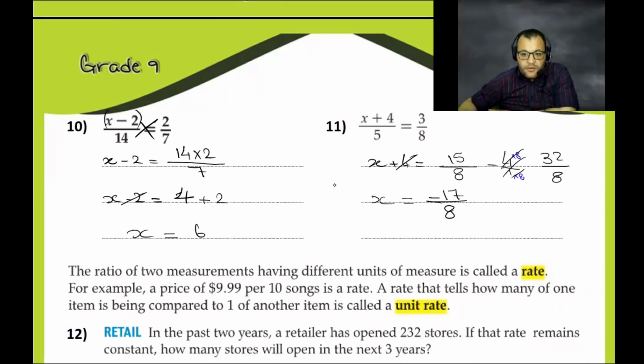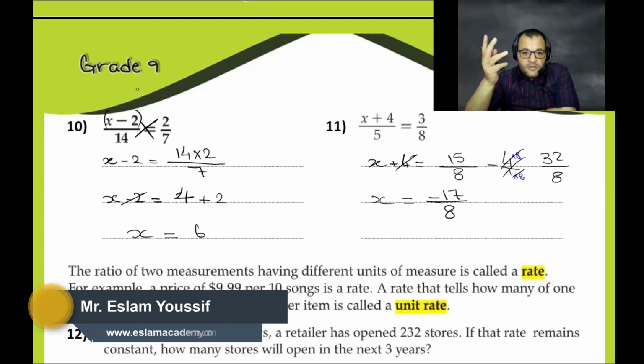We said the ratio is comparing between two quantities by division. The two quantities must have the same type and the same unit. What if they are different units? If they have different units, that's called a rate, like we compare the distance in kilometers and the time in hours. So we can say how many kilometers per hour, like the speed, that's called a rate. The speed is a rate of change.